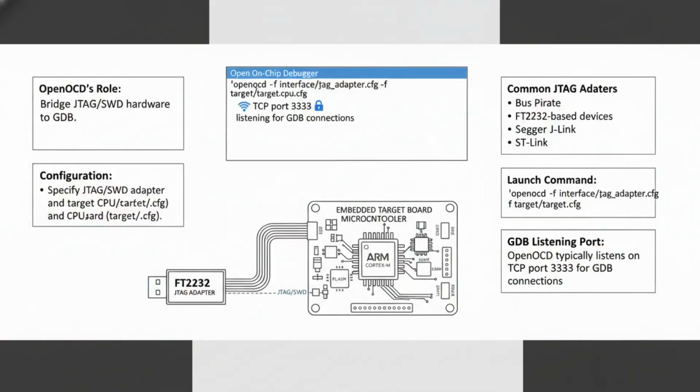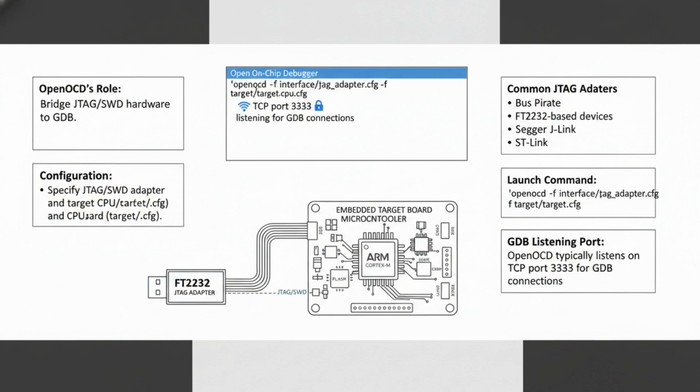Setting up OpenOCD is pivotal as it acts as the critical bridge between your debugging software, GDB, and your target hardware, often an embedded system connected via a JTAG or SWD interface. The configuration process involves specifying two primary elements. First, the JTAG/SWD adapter you're utilizing, and second, the specific target CPU or board you intend to debug. Common JTAG adapters include inexpensive Bus Pirate devices, more advanced FT232-based solutions, or professional dedicated debug probes like Segger J-Link or ST-Link. To launch OpenOCD, you typically execute a command similar to